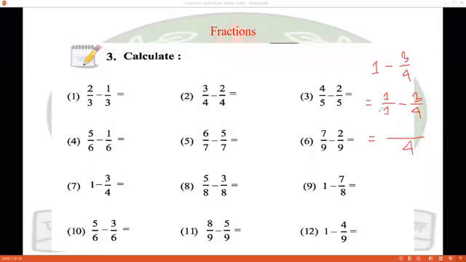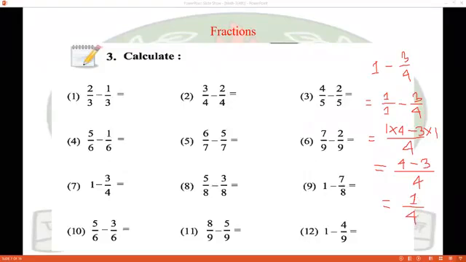So when you divide 4 by 1, you get 4. So you have to write 1 into 4. Minus 4 by 4, you get 1. So you have to write 3 into 1. So you have to write 4. So 4 into 1, that means 4. Minus 3 into 1, that means 3. So we can write this is 1 by 4. 1 by 4 is the result.